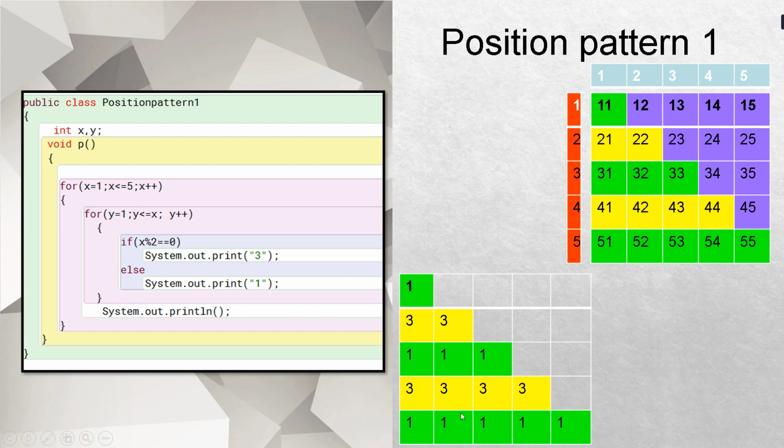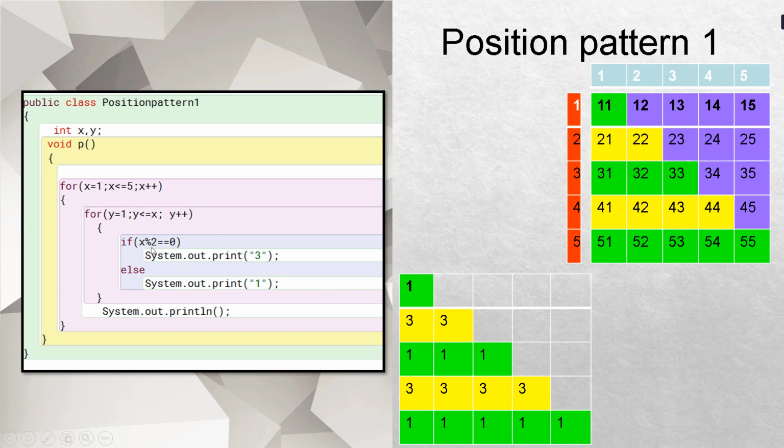I have 4 columns to be printed. In the last location I have to go till 5 when x becomes 5. That means I have 5 columns to be printed over here. Now over here I am checking after I built this shape. Once the shape has been built by these two for loops, I need to trap the locations. And how do I trap the locations? I am using an if for that.